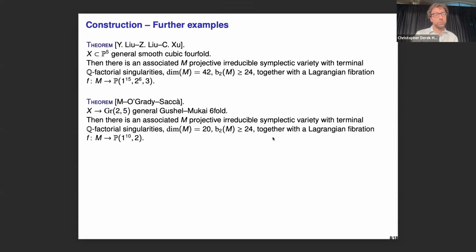And so this will appear hopefully. So let me say briefly what it is. This is much more similar to LSV in some sense. So it's easier, but on the other hand, it's more complicated because cubics are easier to deal with. Gushel-Mukai is slightly harder because they involve the Grassmannian. So what is a Gushel-Mukai sixfold? It's very simple. It's a variety with a 2-to-1 cover of the Grassmannian Gr(2,5), where this cover is ramified along a quadric. Okay, so that's what a Gushel-Mukai sixfold is.